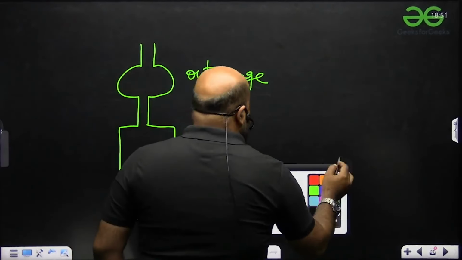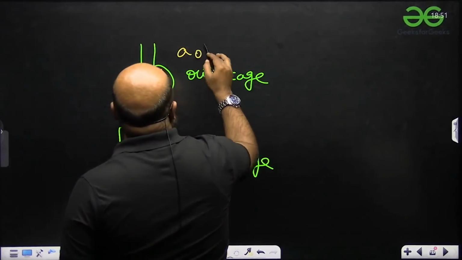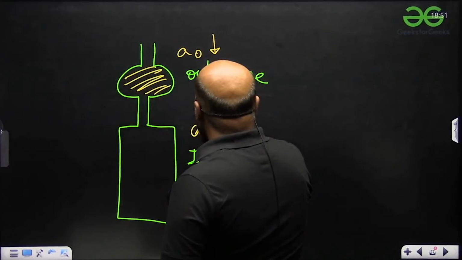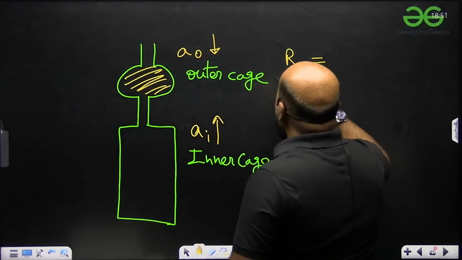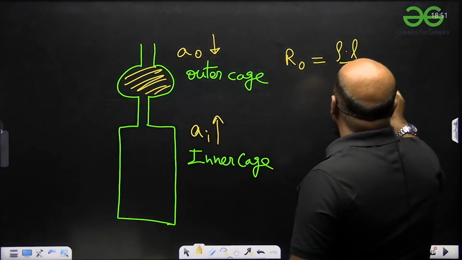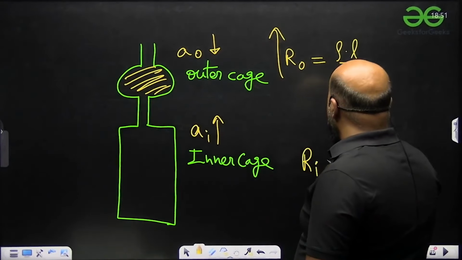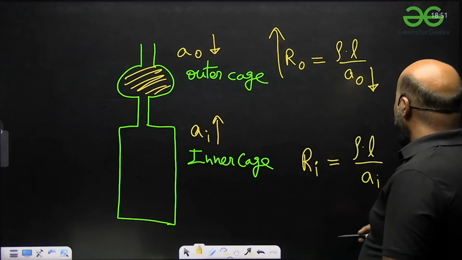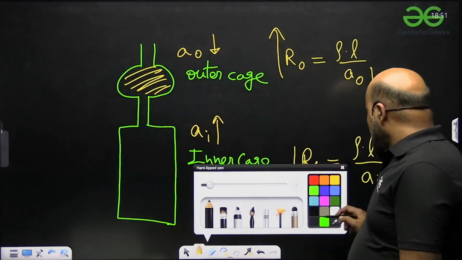जो आउटर केज है उसका अगर आप एरिया देखोगे तो आउटर केज का एरिया कम होता है, और जो इनर केज है उसका एरिया ज्यादा होता है। तो अगर हम रेजिस्टेंस की बात करें आउटर केज की तो ये हो जाएगा ρL/A_outer। चूंकि A_outer बहुत कम है तो इसका रेजिस्टेंस ज्यादा होता है। और अगर हम इनर केज के रेजिस्टेंस की बात करें तो ρL/A_inner, और चूंकि ये बहुत ज्यादा है तो इसका रेजिस्टेंस कम होता है।